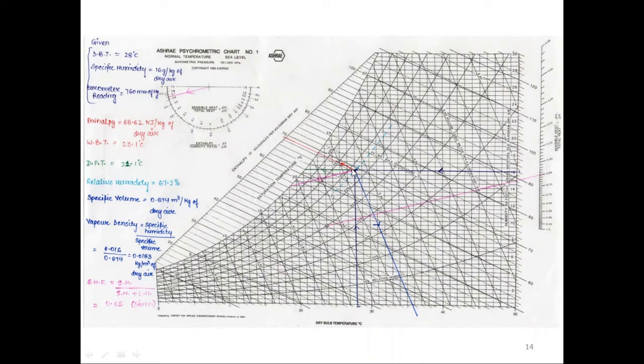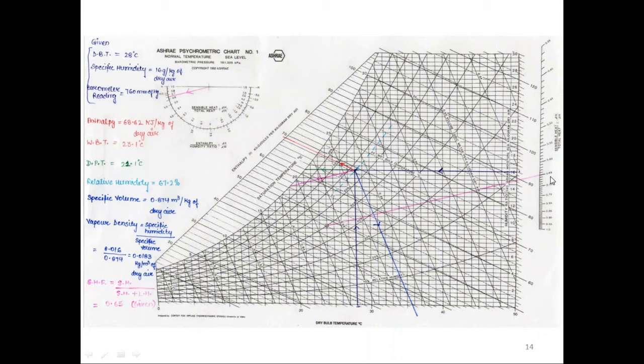So from the given point, we will draw a line at an angle of 22 degrees. Now this will cut the saturation temperature line at this point. So this is our sensible heat factor line in this case. We can also find out the value with the help of the sensible heat factor scale shown on the right side of the y-axis. That is this one.